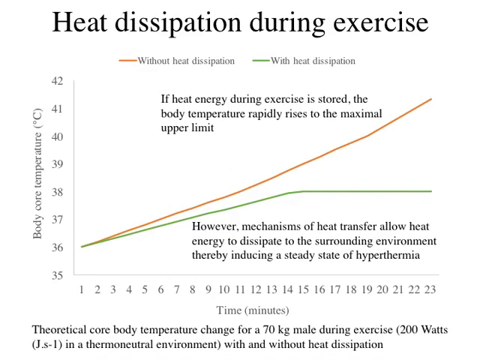The human body handles heat energy released during ATP synthesis in two ways. It can store this heat, or it can pass this heat to the surrounding environment. If this heat energy is stored, the body's temperature will rise at the rate of 1 degree for every 3.47 kilojoules of heat stored per kilogram of body mass. An average 70 kilogram person will change mean body temperature by 1 degree for each 243 kilojoule change in heat